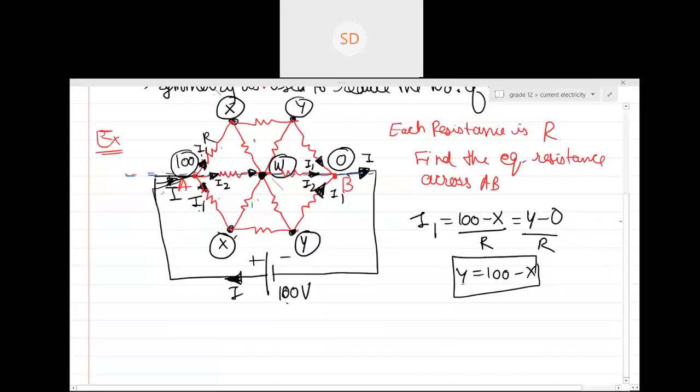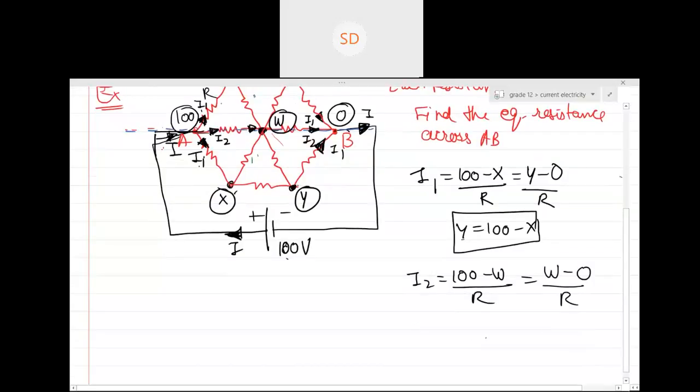Symmetry is basically reducing your number of variables. See about w. Can you see over here I2 is going in the middle part? So I2 is coming from here only. So can I write I2 is equal to (100 minus w) divided by r, which should equal (w minus 0) divided by r? And when you solve it, can you see w is equal to